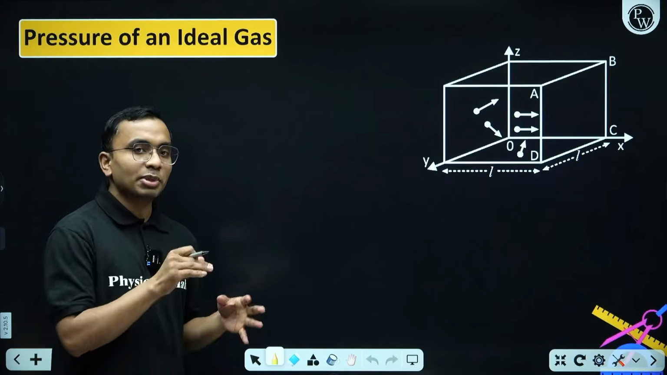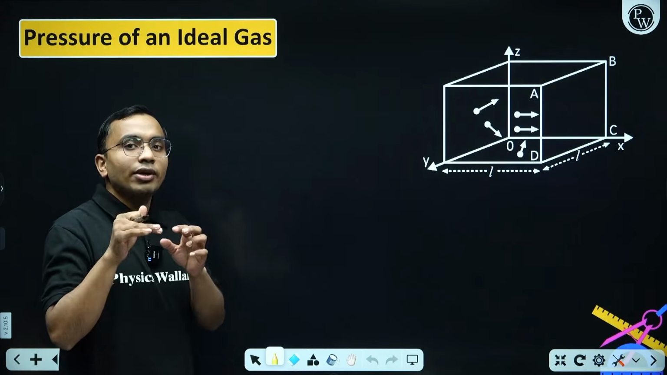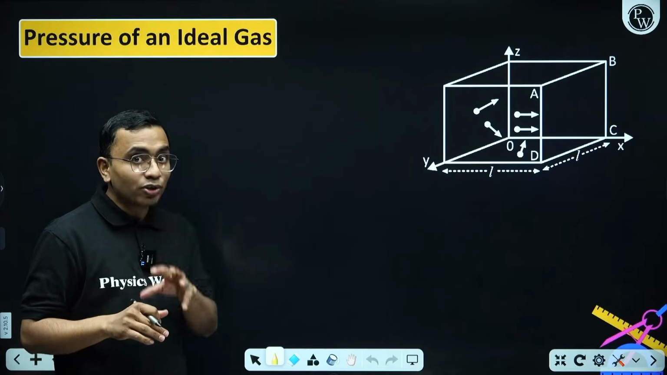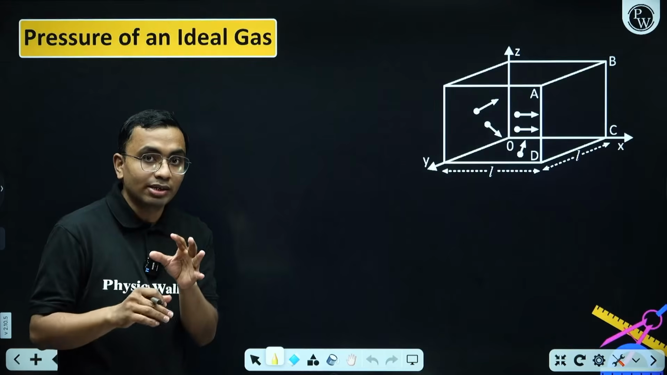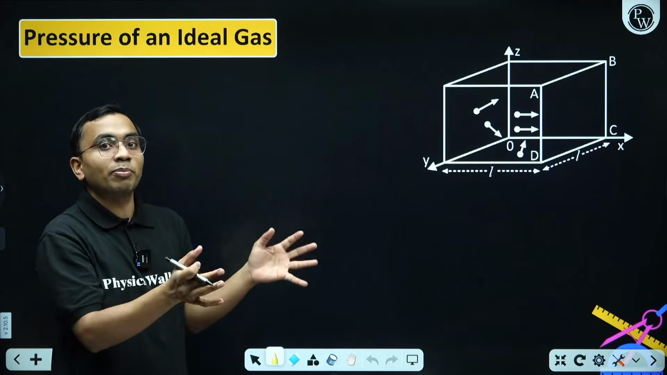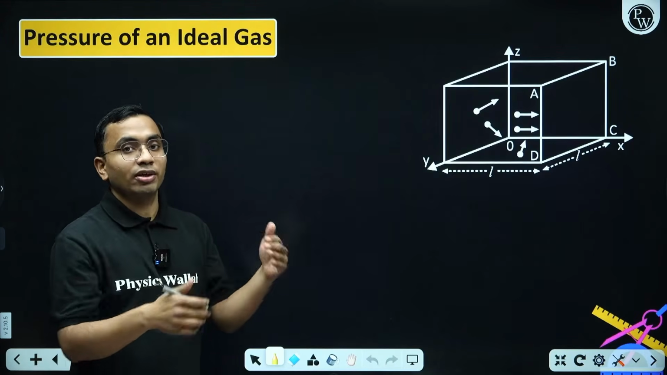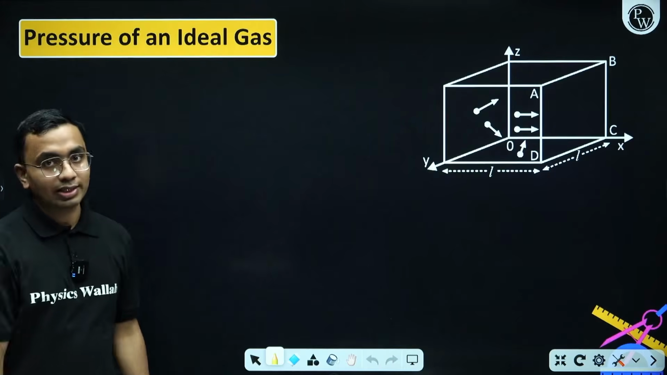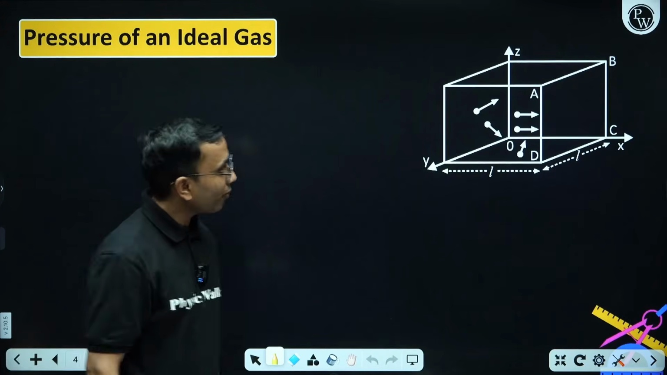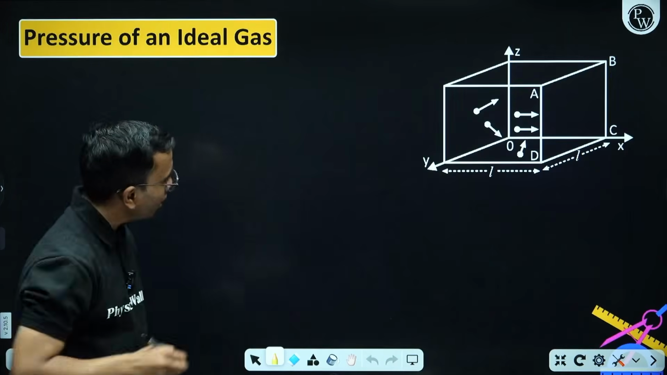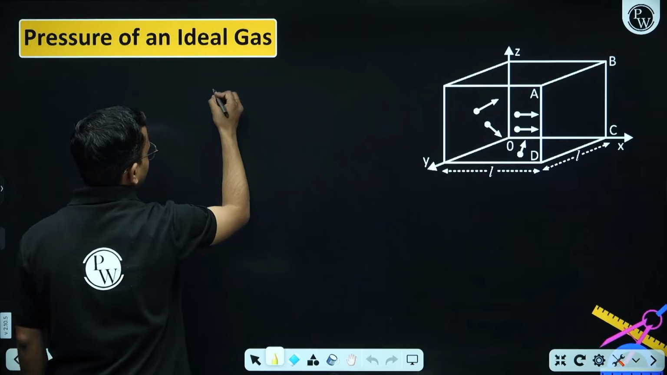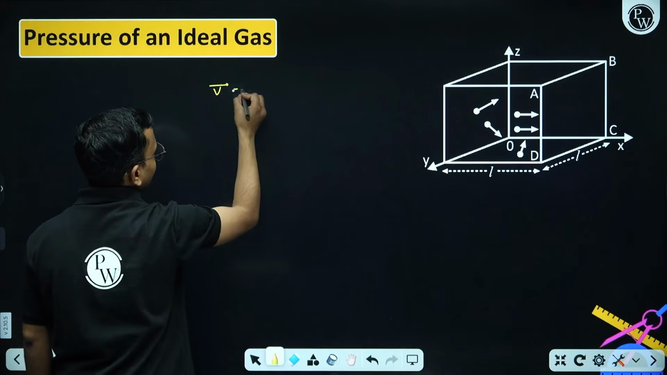Okay, so here basically what we are going to do is try to relate the microscopic properties, that is velocity, momentum, and mass of a particle, with the macroscopic properties, that is pressure, volume, and temperature of the gas. So let us take one molecule whose velocity is v equals